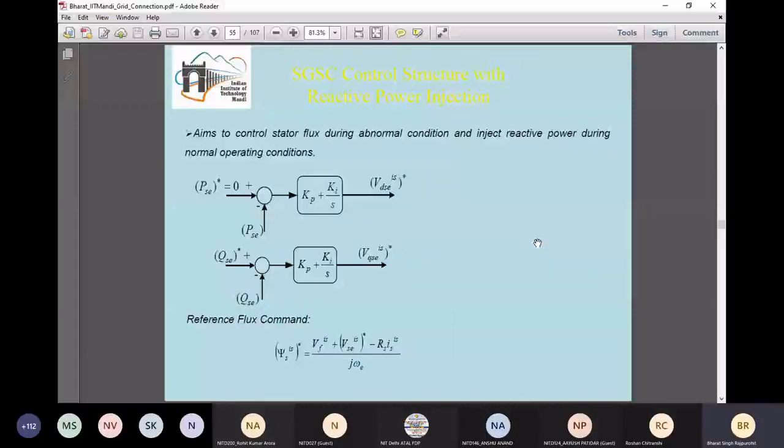Yes, in this case, we can see that if required, the series grid side converter control can also be utilized for generation of reactive power and to feed the machine or the grid. That can be achieved by utilizing an additional controller with a reference set point for the reactive power, shown here by Qse*, which is additional reactive power support from these converters. That is very much possible, but the problem of circulating reactive power in this whole loop also needs to be addressed.